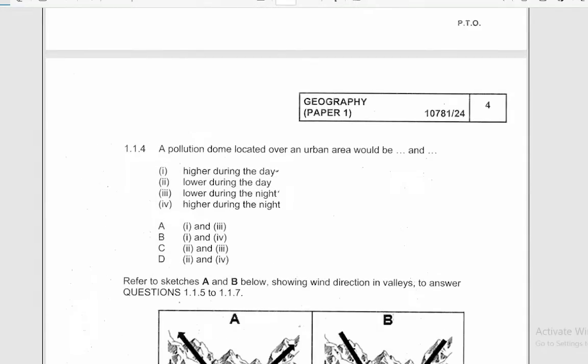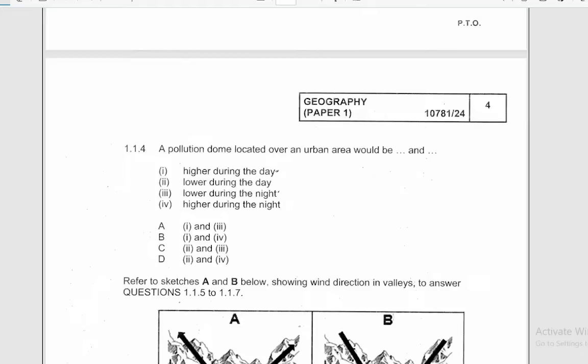A pollution dome located over an urban area would be dash and dash. Right, let me quickly illustrate how those two concepts differ. We have a pollution dome. Remember, I indicated what a pollution dome is at the onset. A pollution dome is a situation whereby there is a concentration of pollutants over an urban area. The shape of the pollution dome differs between the day situation and the night situation. Let me start by illustrating the day